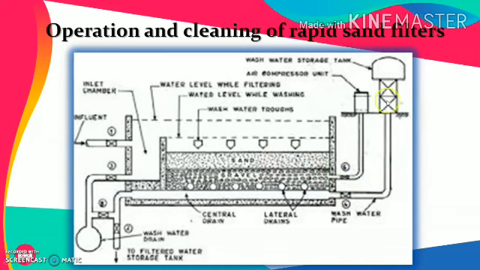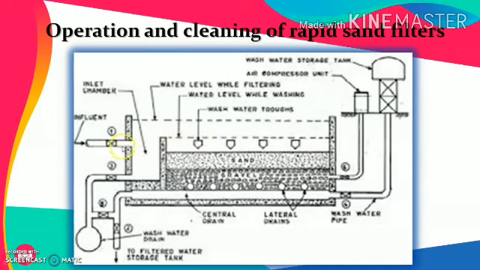This wall will convey the water to the manifold, while this wall will be kept closed and this wall even will be kept closed. So the water will enter from here and it will then enter the laterals and will be evenly distributed and rise. This rising will then clean the media. This even will result in the lifting of the media up to a small extent, and this whole water will be collected through these particular wash water troughs, and the backwashing will happen.